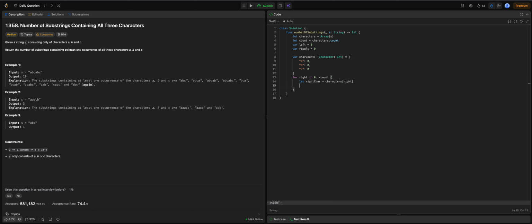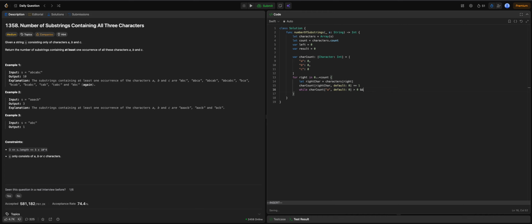And then we calculate the character count of the right character, with a default value of 0, and increment by 1. After that, we can start checking the character count of A, with default 0, is more than